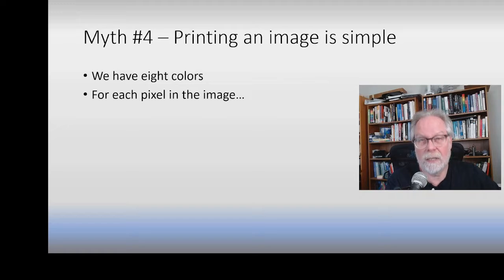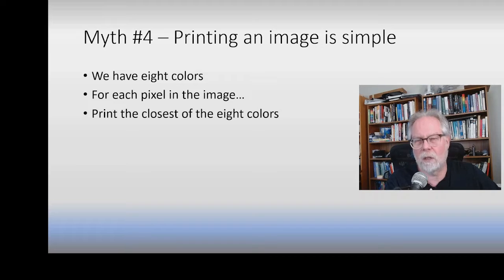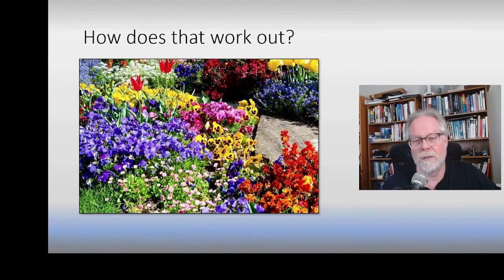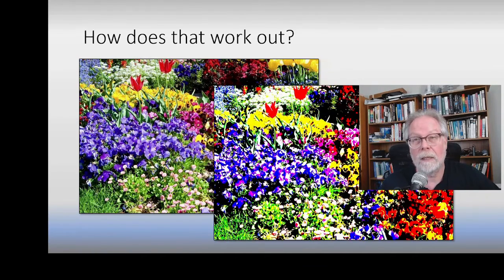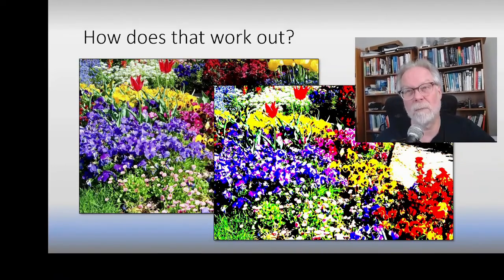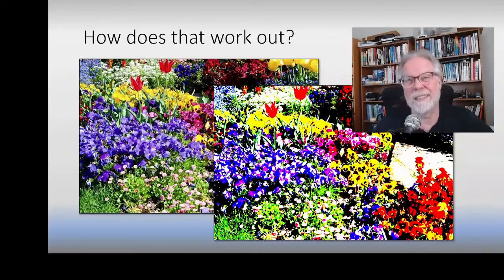For each pixel in the image that we're looking at, we would find the closest of all of those colors. We'd find the color that is closest to that particular pixel, and we'd put that on the page where that image was. So if this is the image that I start off with, a beautiful picture of a garden, the way that we would print that is like this. Now we see we've got kind of all the same colors, but we would call this posterization. It's a nice effect, but it's not probably what we want to put into the Lawn and